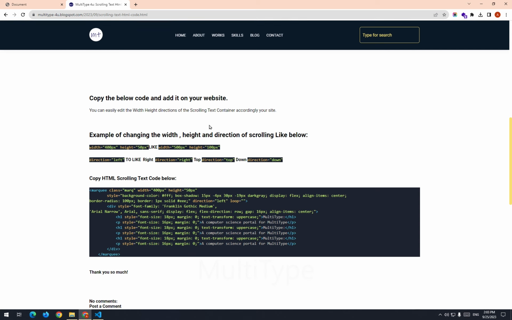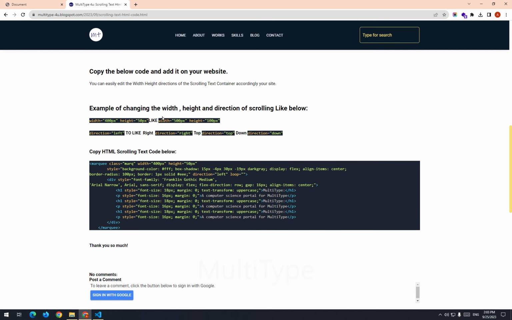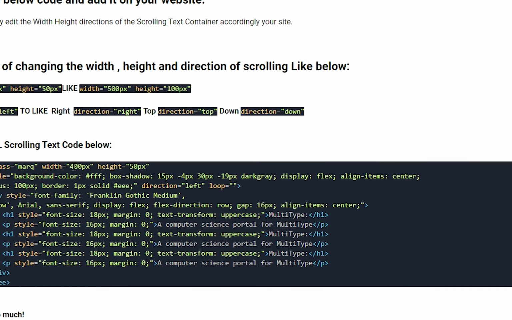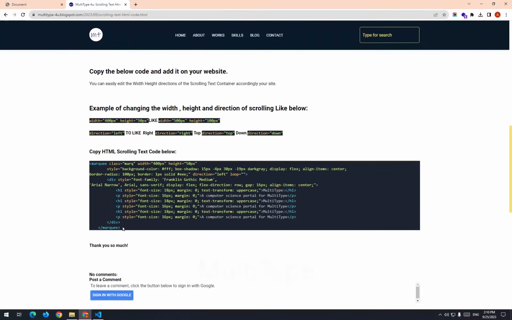You can go to this website and edit the width of this scrolling text container. If you want to put a 300 pixel width here, you can do it. If you want to change the height of the container, you can also do this. Then you have to copy all this code